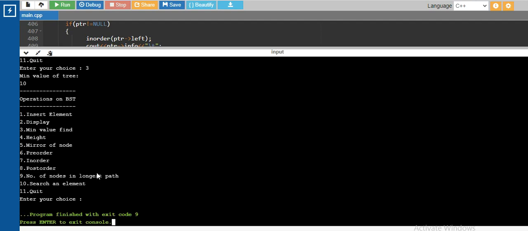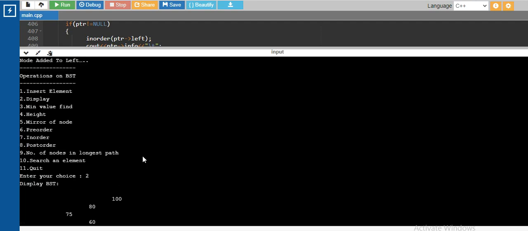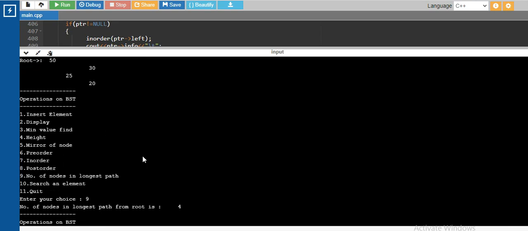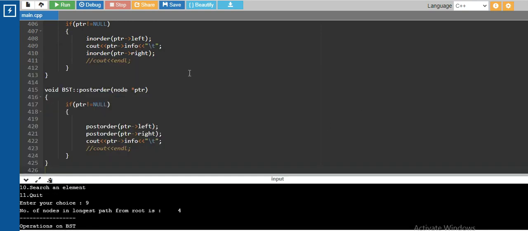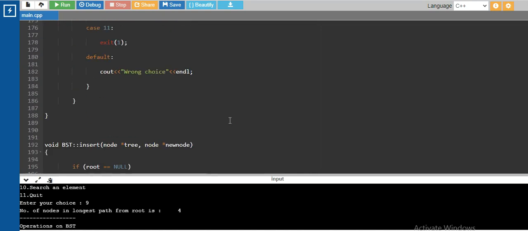In this way we are working with this BST, and all the operations are working fine. So this is what I wanted to explain about this BST. It's working now, so with that we have finished this assignment on the binary search tree.